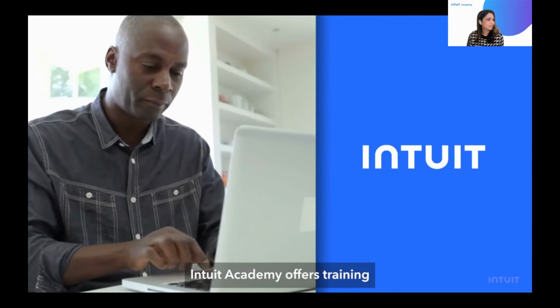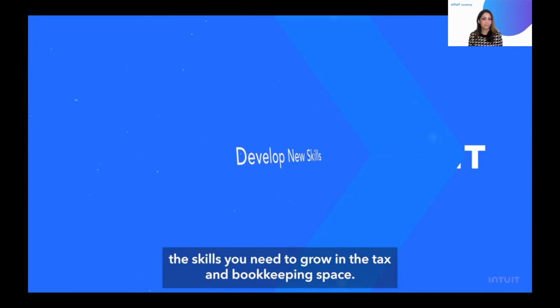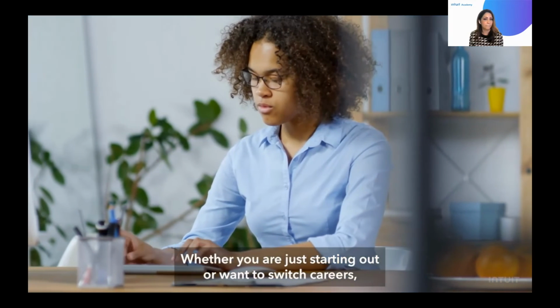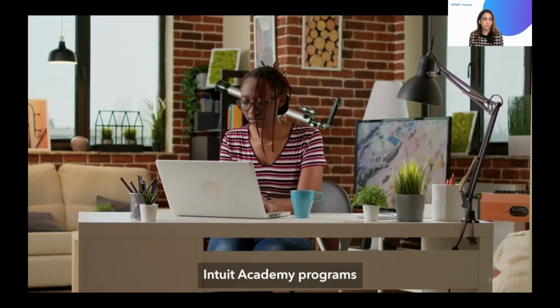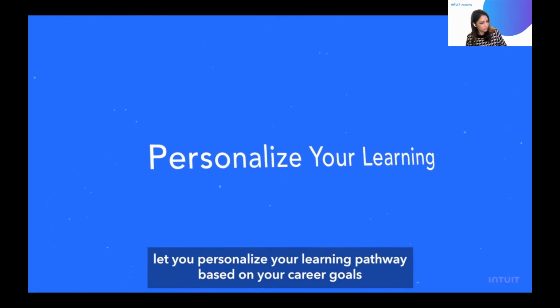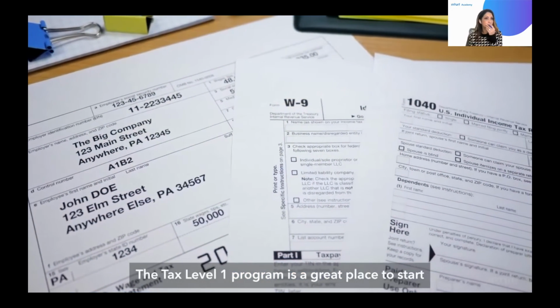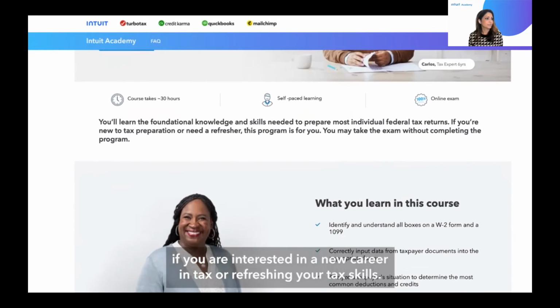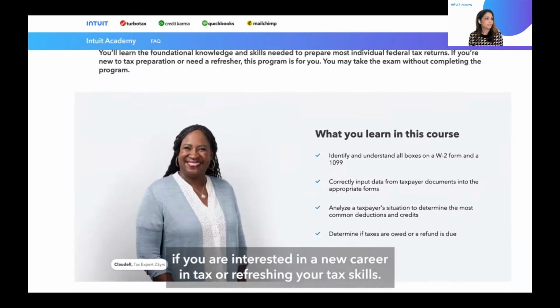Intuit Academy offers training to help learners like you develop the skills you need to grow in the tax and bookkeeping space. Whether you are just starting out or want to switch careers, Intuit Academy programs let you personalize your learning pathway based on your career goals and interests. The Tax Level 1 program is a great place to start if you are interested in a new career in tax or refreshing your tax skills.